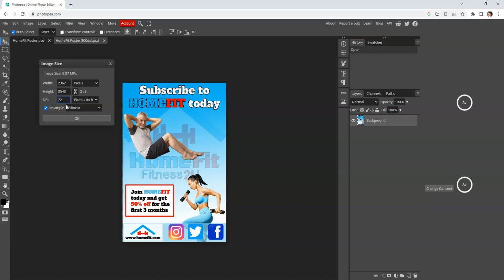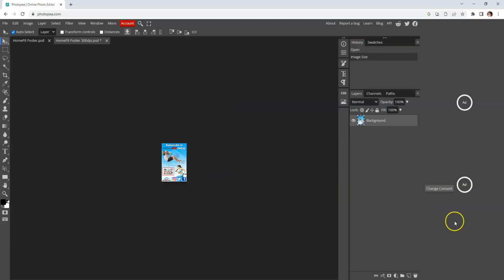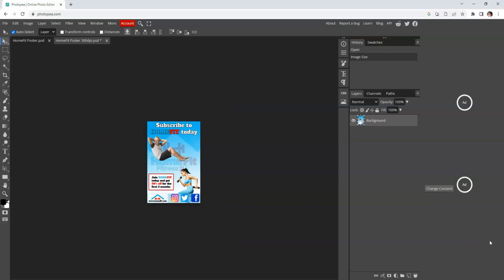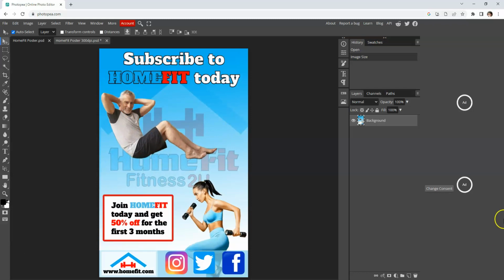72 is standard for the internet. There are quite a few on Google at 96 dpi, but generally 72 is standard. So click OK. I'll use my Control Plus just to zoom in. We now have a 72 dpi image. So if you wanted that to be a specific size, so for example 1500 pixels high,